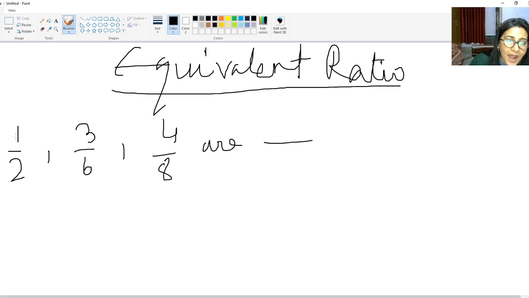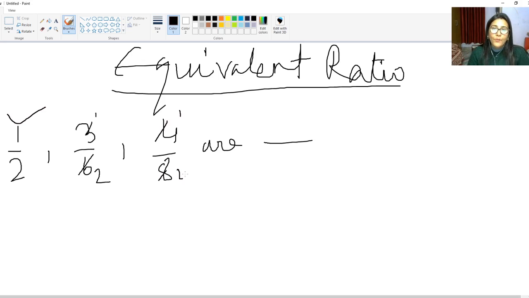Here you can see 1 by 2 is in the simplest form only. After that, when we cancel out 3 by 6, 3 ones are 3, 3 twos are 6, the simplest form will be 1 by 2 only. Again here, 4 ones are 4, 4 twos are 8, the simplest form will be 1 by 2. After cancelling out, these ratios come to the same simplest form, 1 by 2. So that is why we can say these are equivalent